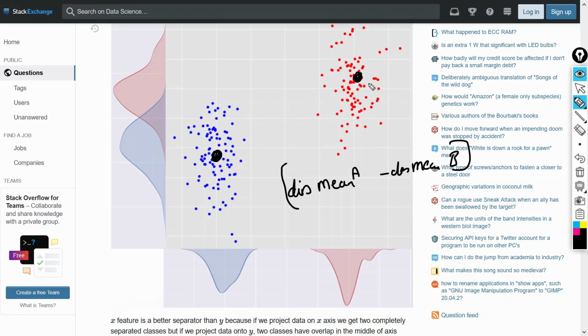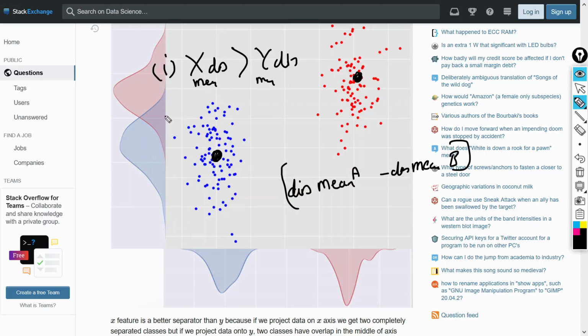When we calculate the means of these two classes with respect to y and calculate the distance, the x distance is greater than the y distance. This is the first scenario, the mean distance.